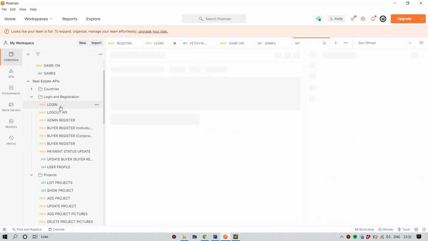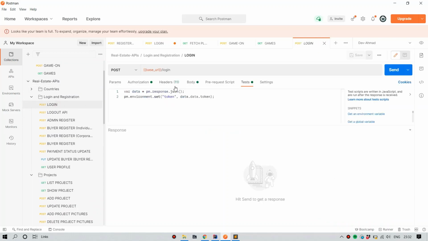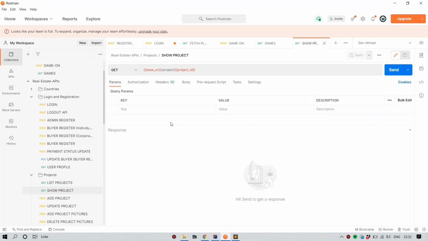In this scenario, I had automated the whole thing right from the login till the end of the whole flow. So what I did was in login I created this test script to get the token and set the token, and then we listed the projects. So whenever we listed the projects, we got a response of all the projects listed, right? So in the show project endpoint, I needed to show only one project, which endpoint was like this: /project/project id.